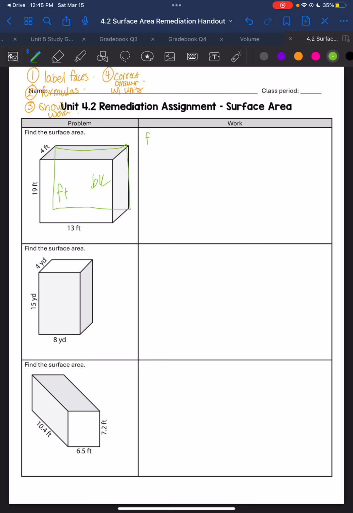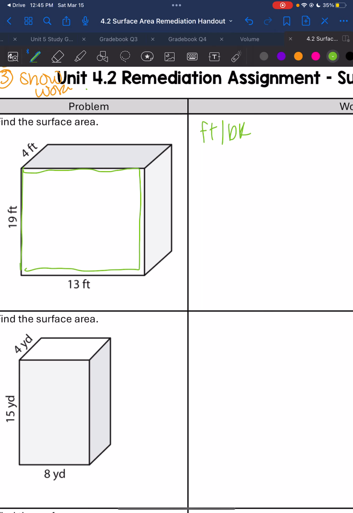So if I'm finding the front and the back, let's focus on the front first. This shape is what I'm calling front, and it's a rectangle or a parallelogram. To find the area of a parallelogram, you multiply the base times the height. So 13 would be my base and 19 would be my height. So my area equals 13 times 19,